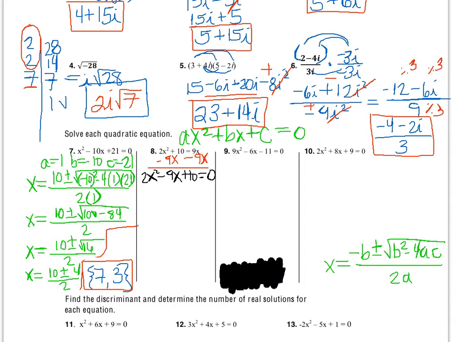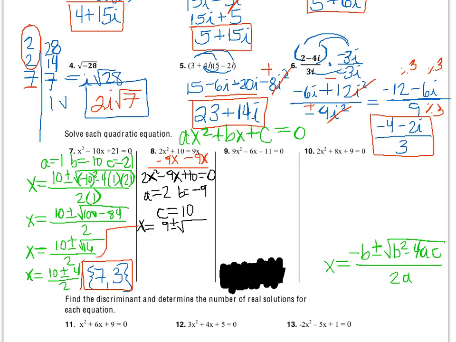All right, so we set up the quadratic formula. We need to determine our a, b, and c. So a is equal to 2, b is equal to negative 9, and c is equal to 10. Going ahead and plugging this in, we get x is equal to opposite of b, so 9, plus or minus